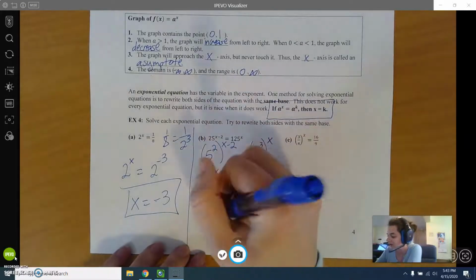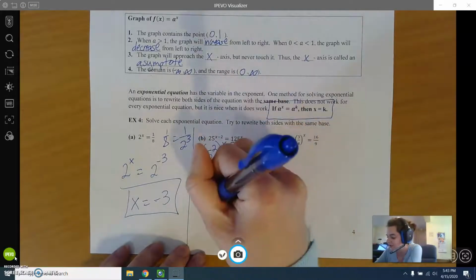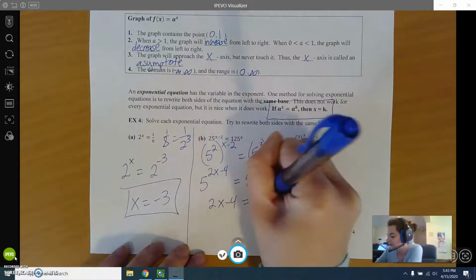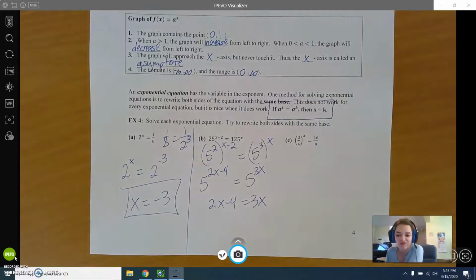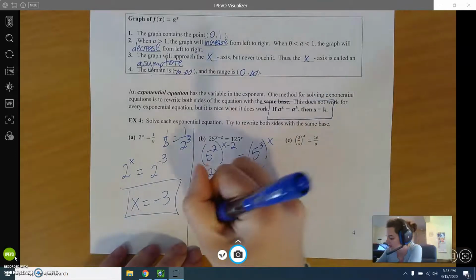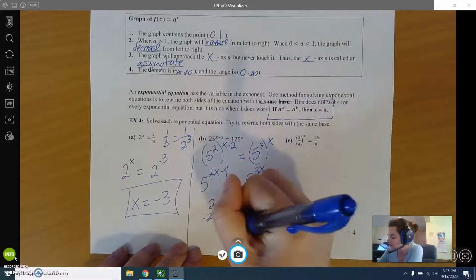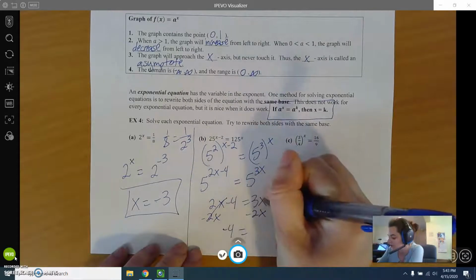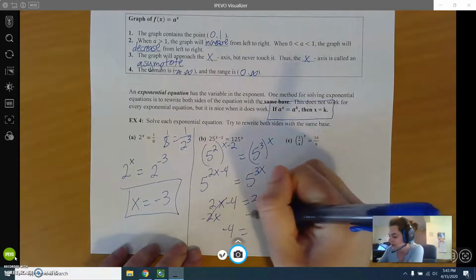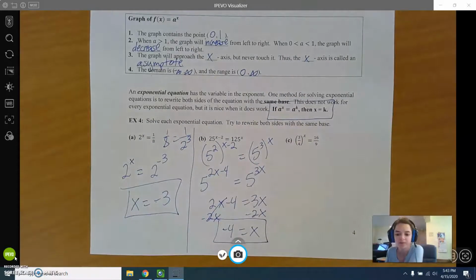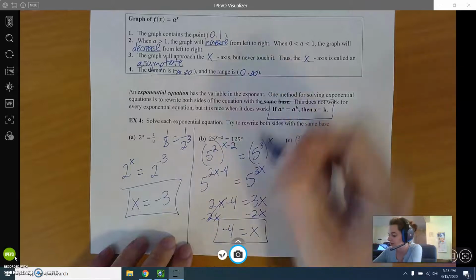So now I can write an equation with just the exponents, which would be 2x minus 4 equals 3x. And then I can solve for x. So to solve for x, I'm just going to subtract 2x from both sides. So now I'll have -4 equals 3x minus 2x, which is 1x. So I have x as -4, okay? And if you want to double check that, you certainly can, okay? So if you wanted to double check that, you would put